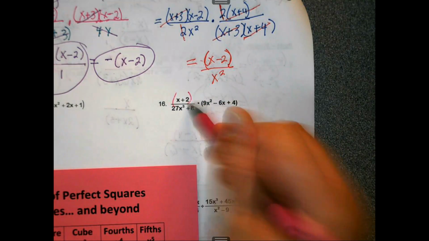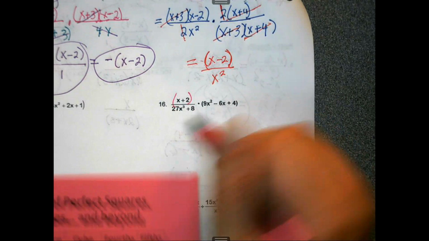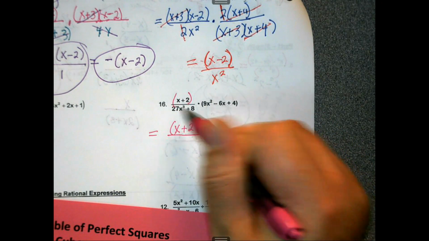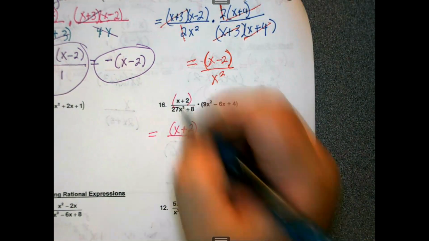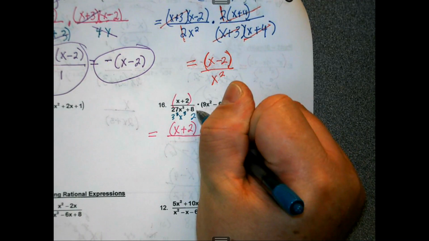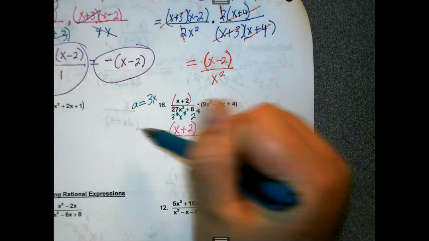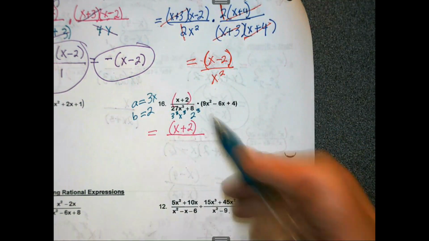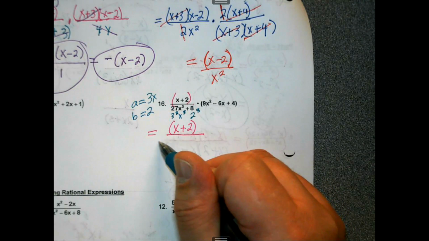Okay, x plus 2 is factored. Can we factor? Factor the power by perfect cubes. Yeah, these are perfect cubes, right? So my a, this is 3 cubed, x cubed, 2 cubed, right? So my A is 3x. My B is 2. Okay, so I have, this is addition, so sum of cubes. So I have 3x plus 2